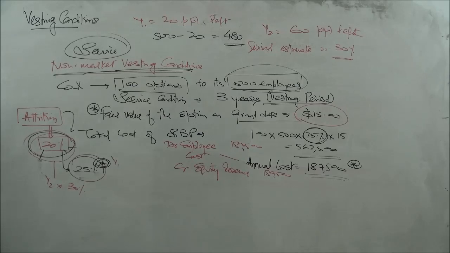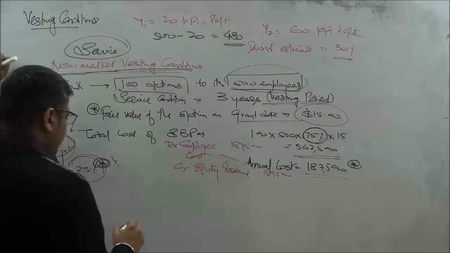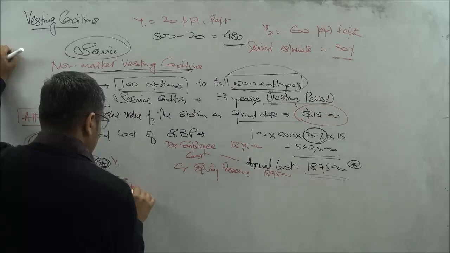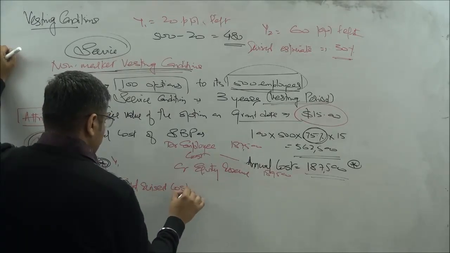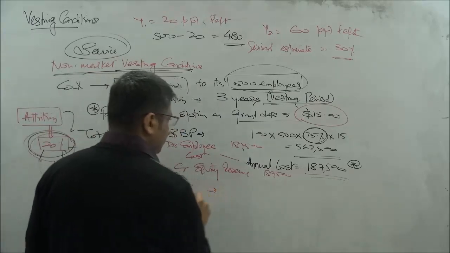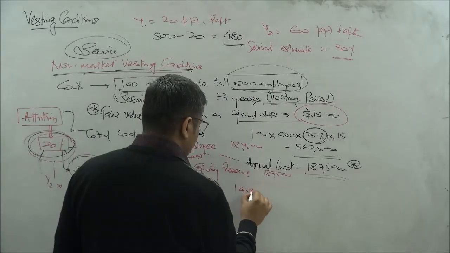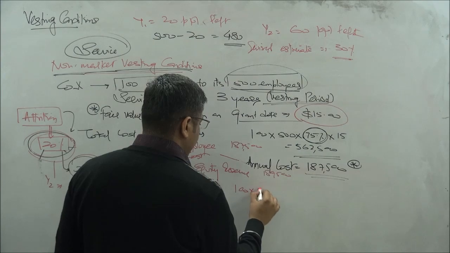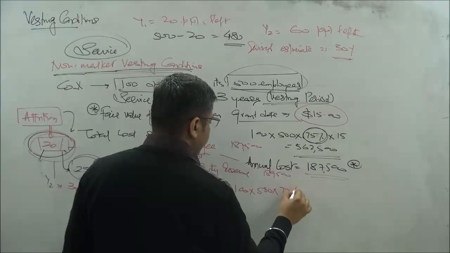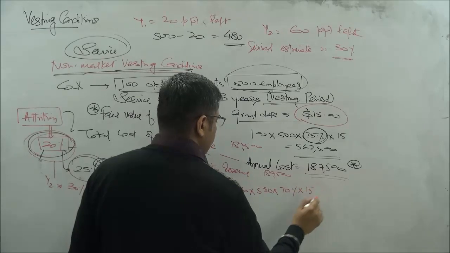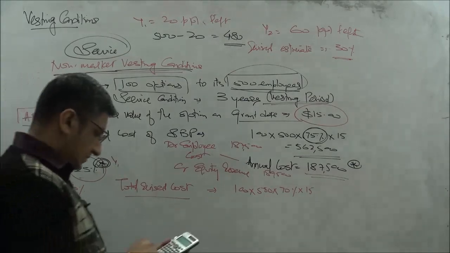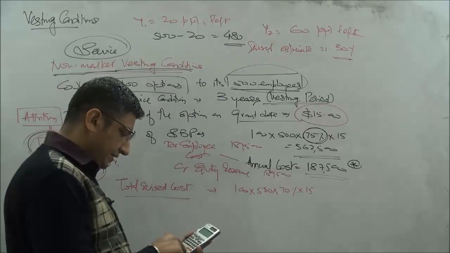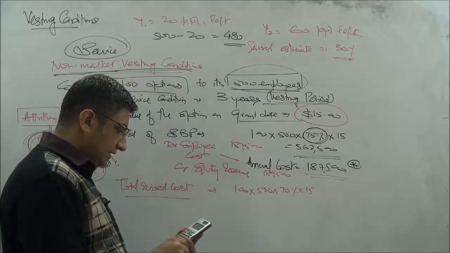It means that now my total revised cost shall be 100 into 500 into 70% into 15, and this figure comes to me as 100 into 500 into 0.7 into 15. This gives me